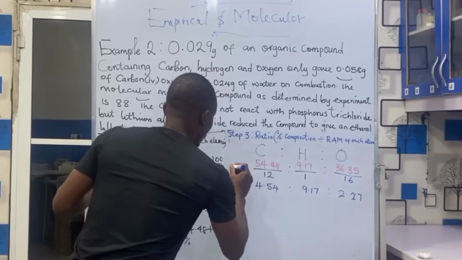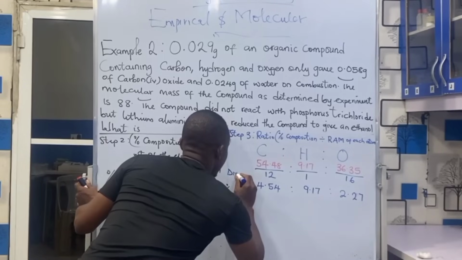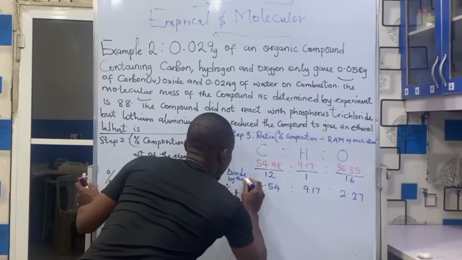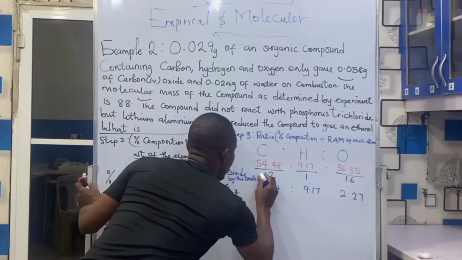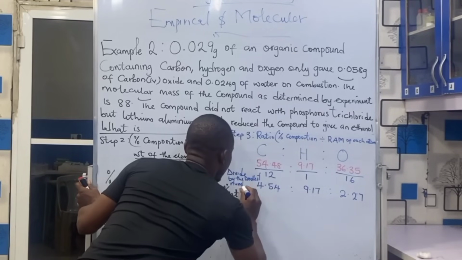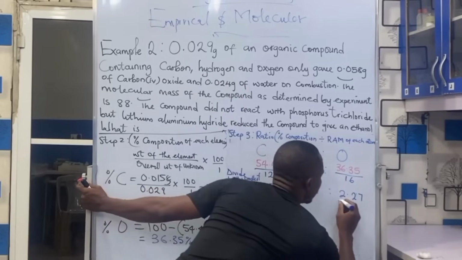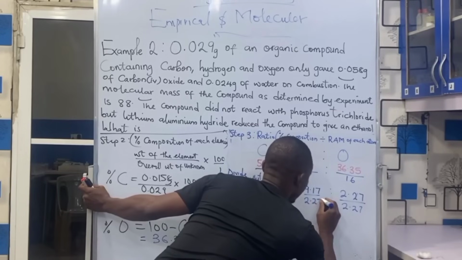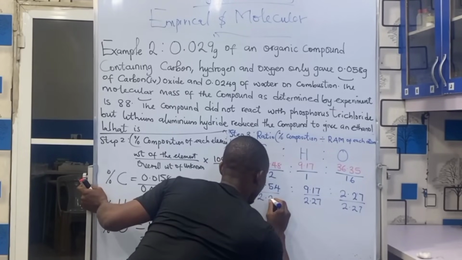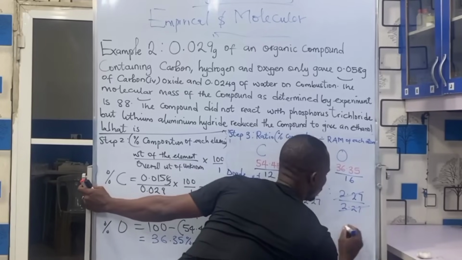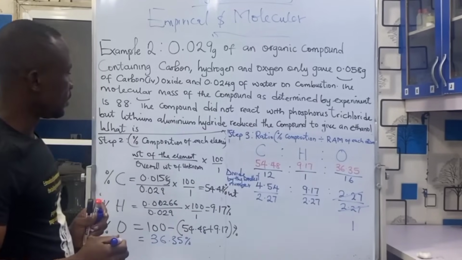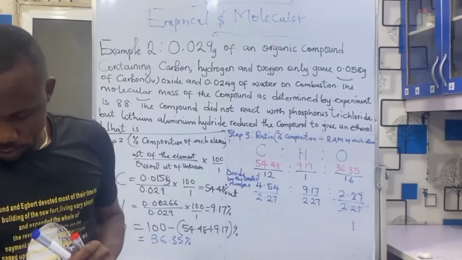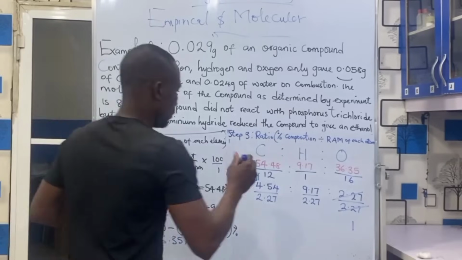If we divide through by the smallest number, we have 2.27 divided by 2.27 is 1, and 9.17 divided by 2.27 gives 4.03,